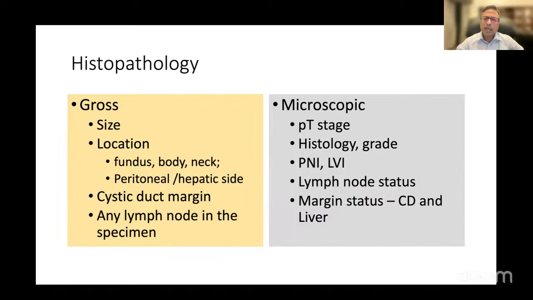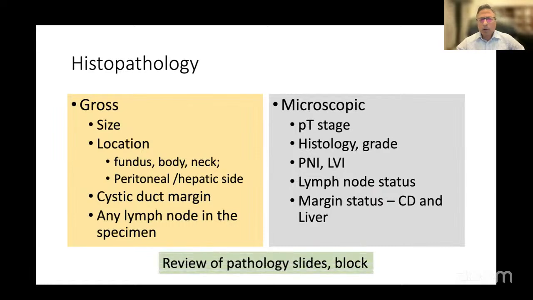node status, and margin status in terms of also now, more importantly, if it was on the liver side or the peritoneal side. Now, this is difficult to get because there was no suspicion by the surgeon during surgery. So the pathologist may have trouble finding out which side it is. But the serosal cover, if it is bereft of that, one can consider that it is in the area of the cystic hepatic bed. Always when it is referred, you have to send the slides and blocks so that the unit which is getting this patient can review this pathology report.